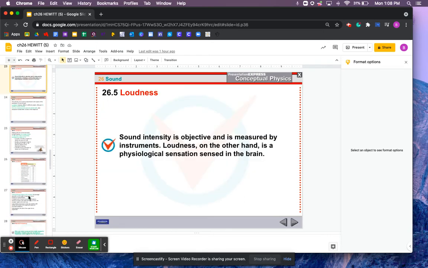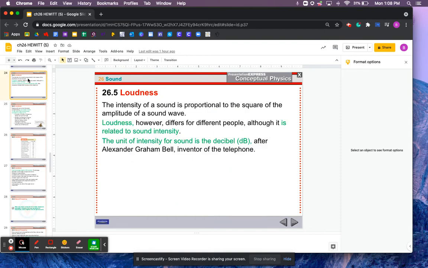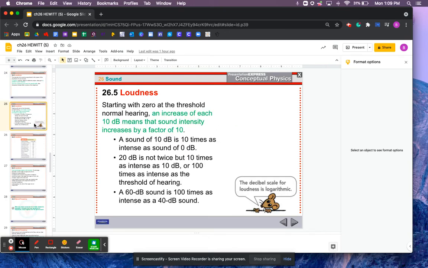Next, we're going to go over loudness. We talked about frequency and pitch, but now we're going to talk about loudness. Loudness has to do with the amplitude of the wave. It's how intense the sound is, and it's usually measured in decibels. When we're talking about loudness, I'm talking about volume. Pitch is how high pitched or low pitched a sound is, but loudness refers to the volume. Are you going to increase the volume or decrease the volume? That's what loudness is, and like I said, it's measured in decibels.